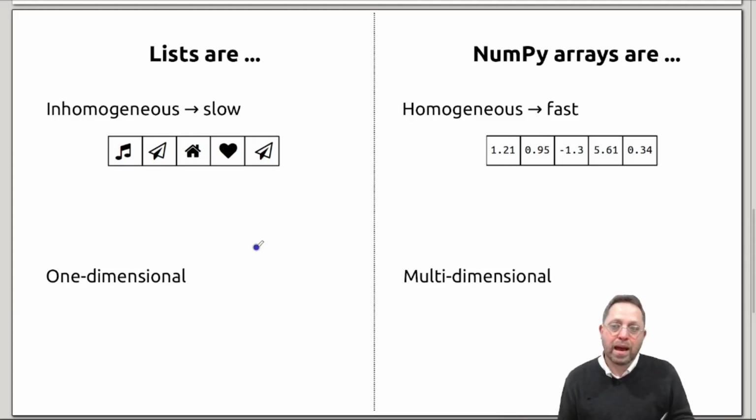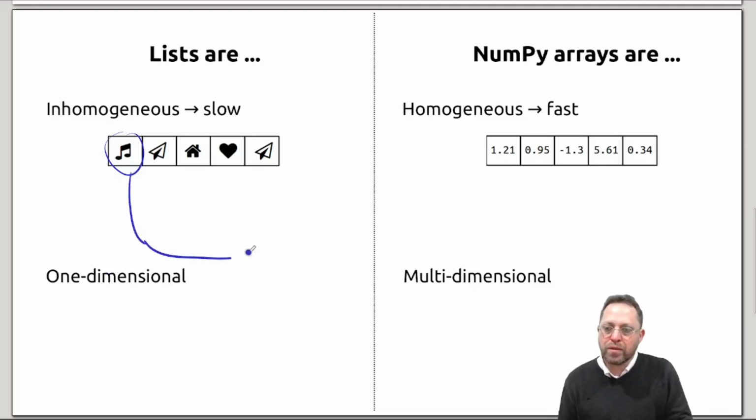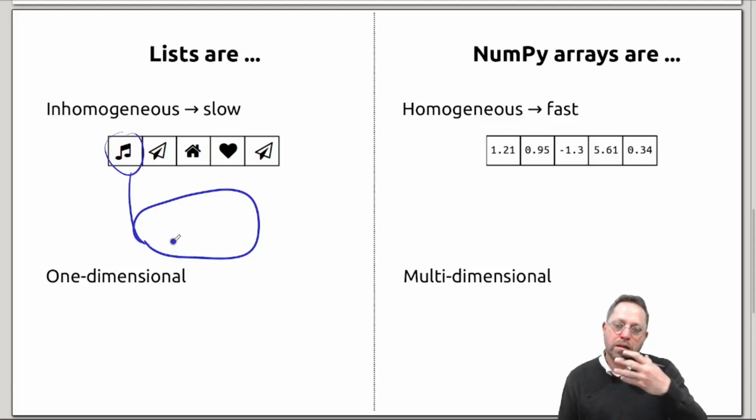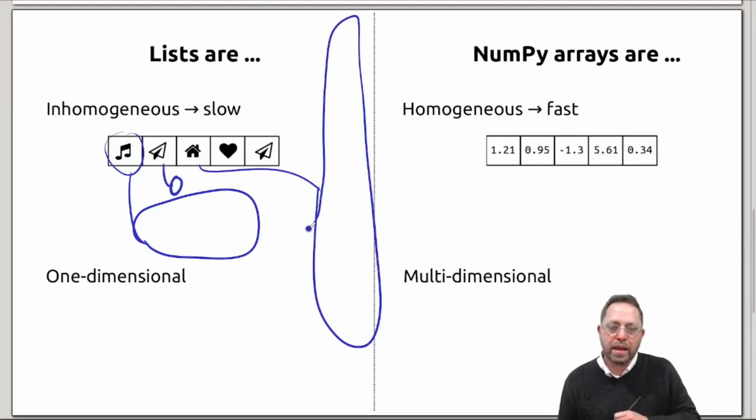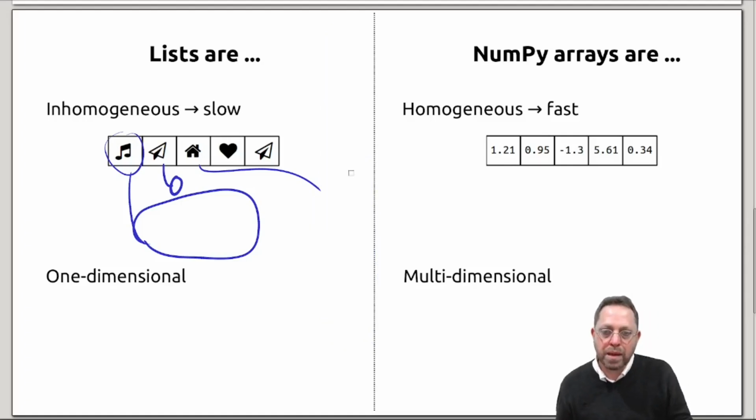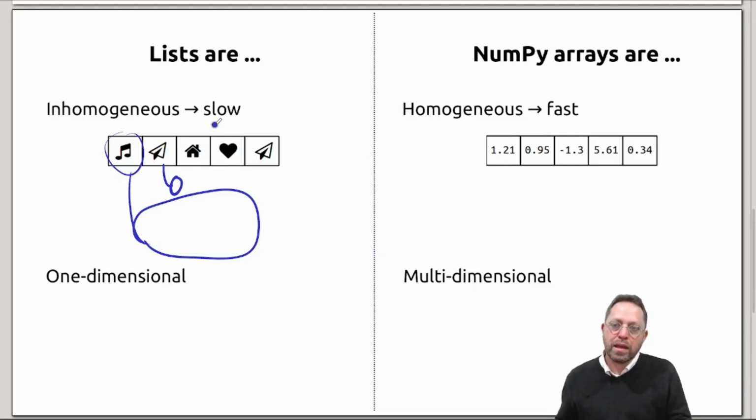When you add an item to a list, such as a musical note, it's going to add a reference to somewhere that item is stored in memory. And then the airplane may be a much smaller type of object, whereas a house could be a gigantic thing. And so yes, the list does not know a priori how to allocate memory,